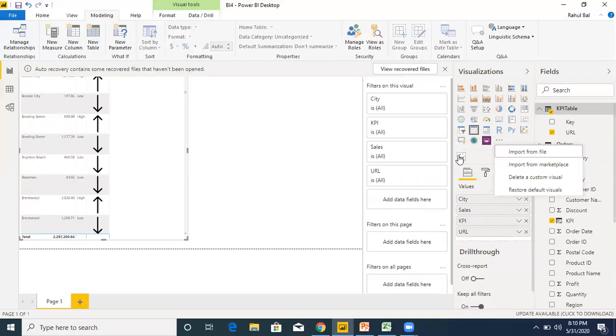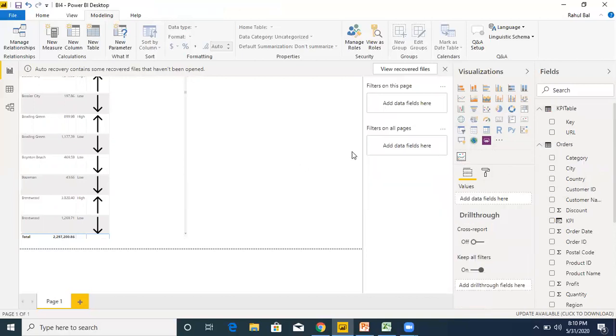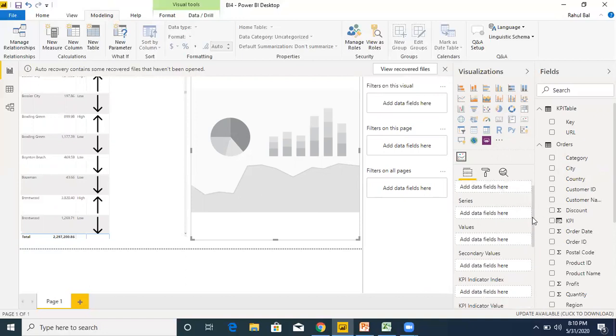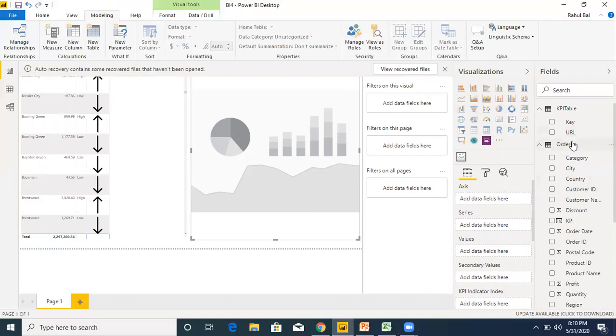This Power KPI 2.0.0 is the custom visual I am using. Just click on this custom visual, and once you click here, multiple sections appear. You have to create data fields here by dragging and dropping the values.